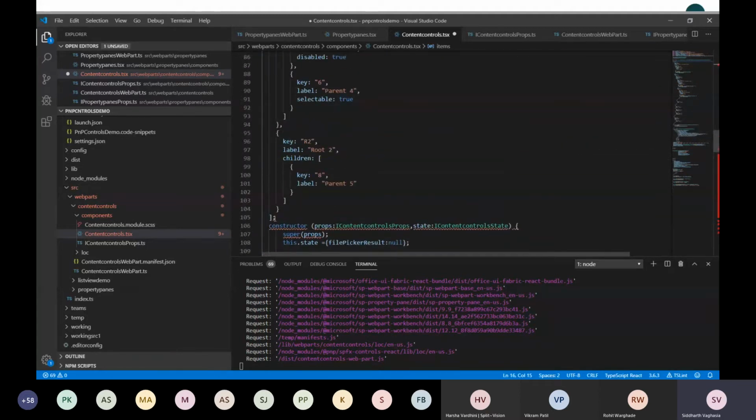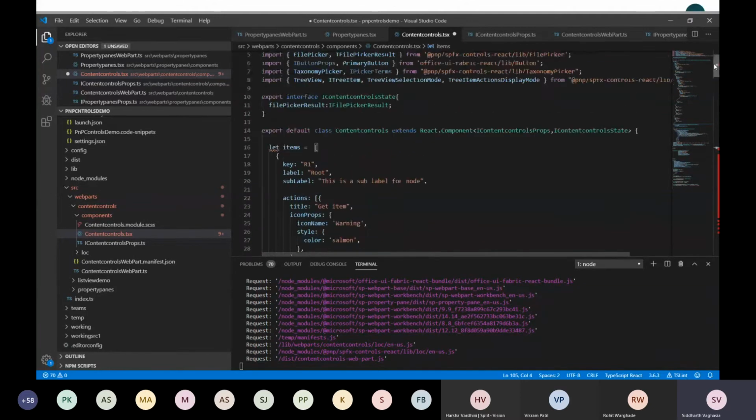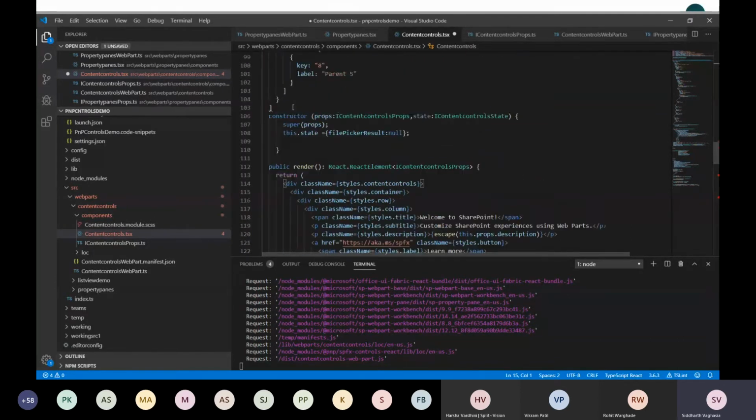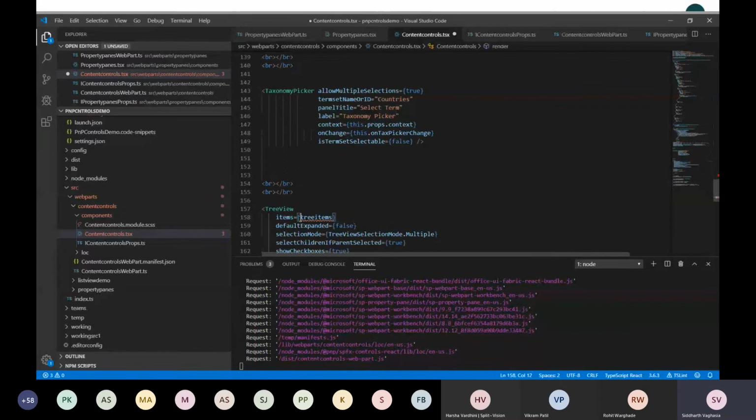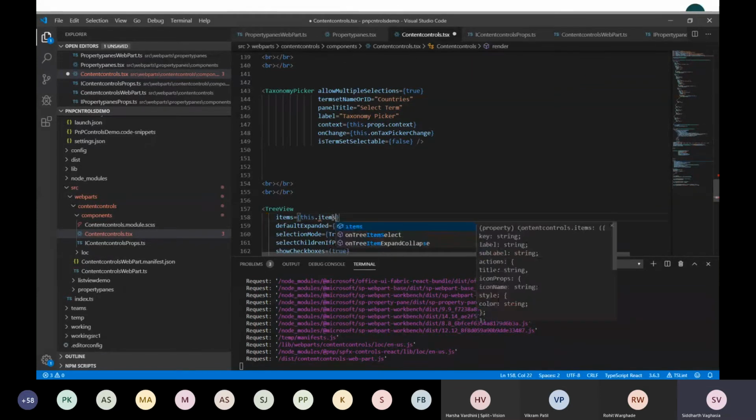Okay, what am I doing wrong? Right, and now I just have to configure it in my control. This dot items. I'll just save it.